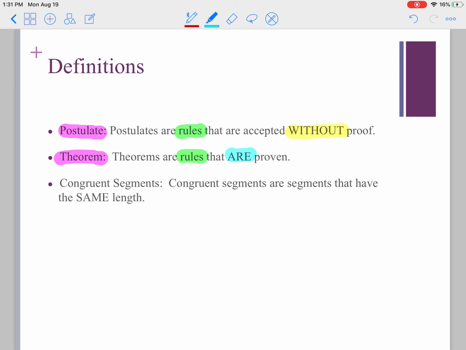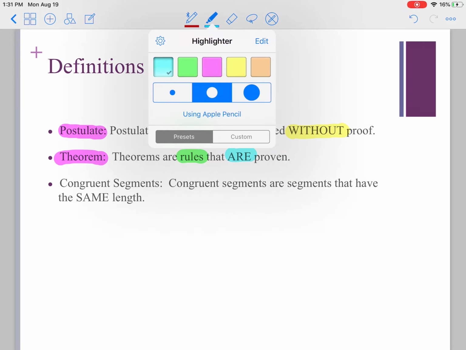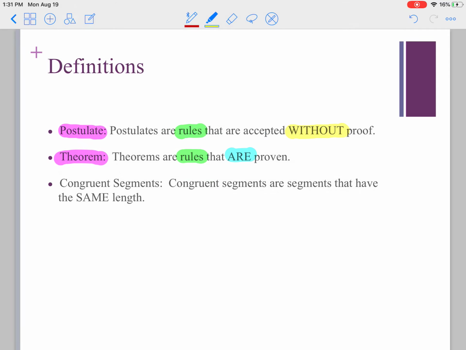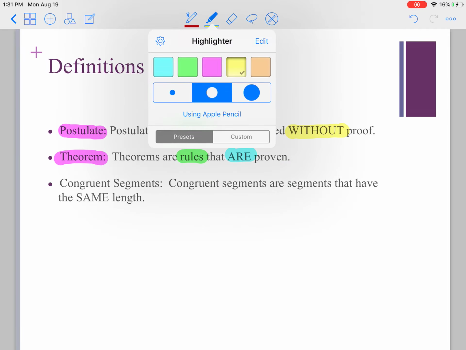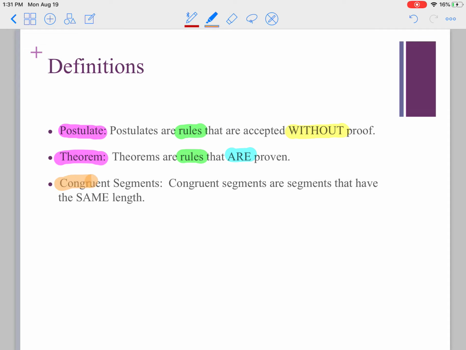They are proven. Changing gears just a little bit to discuss congruent segments. Now the first word that I want to focus on here is going to be congruent. Congruent means the same, okay? Congruent and same are synonymous terms in geometry. We do not use equal,